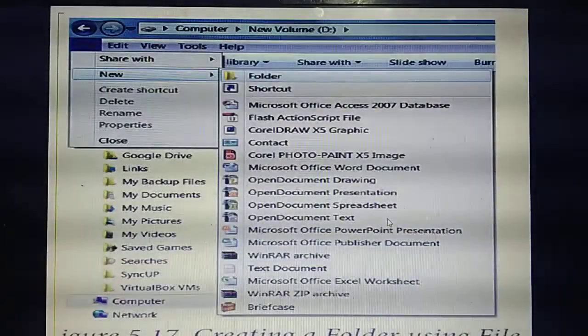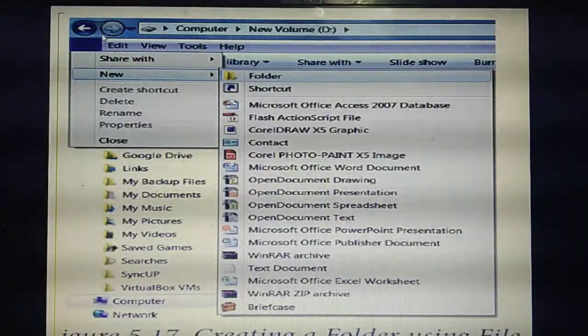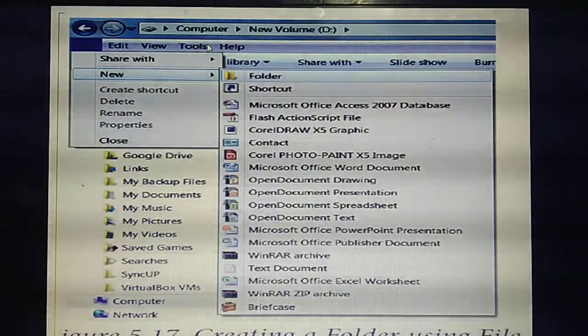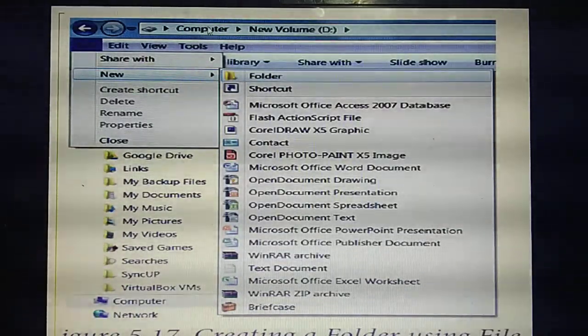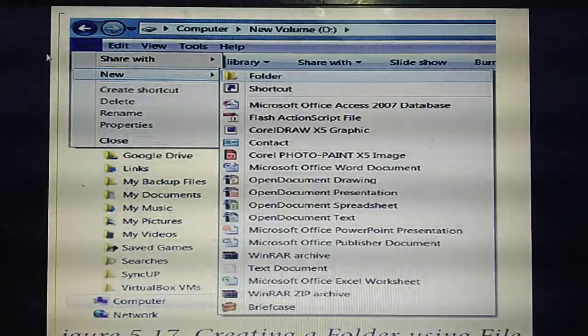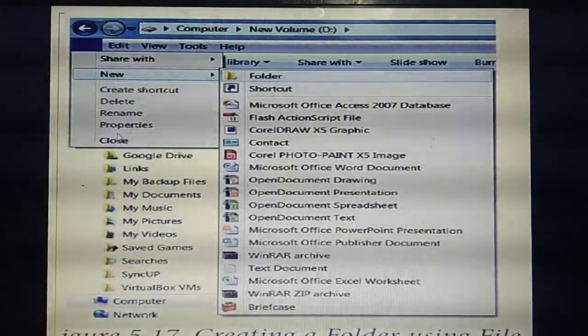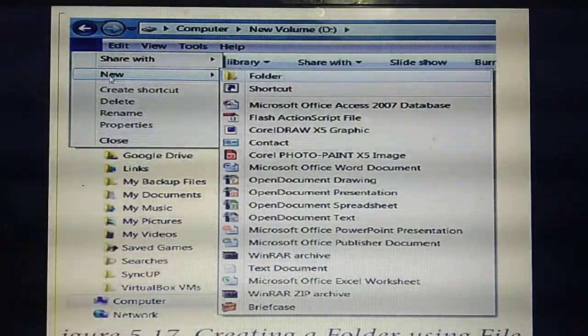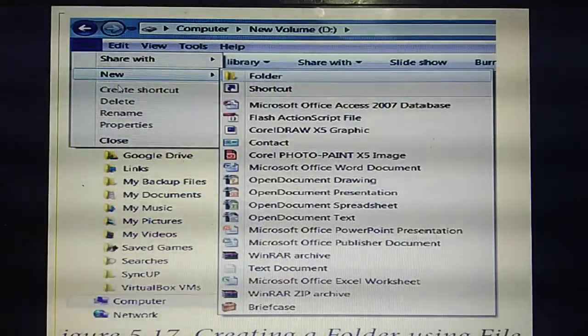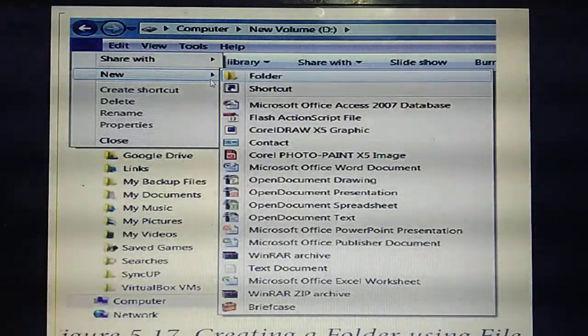Understand? So listen carefully to what I said. Recall the steps, then you will never forget. First you need to select the computer icon, then the D drive. Again you need to click the file menu. Is it visible for you? If you click the file menu, this drop-down box will appear. Then from this pop-up menu you need to select New. Then click Folder.